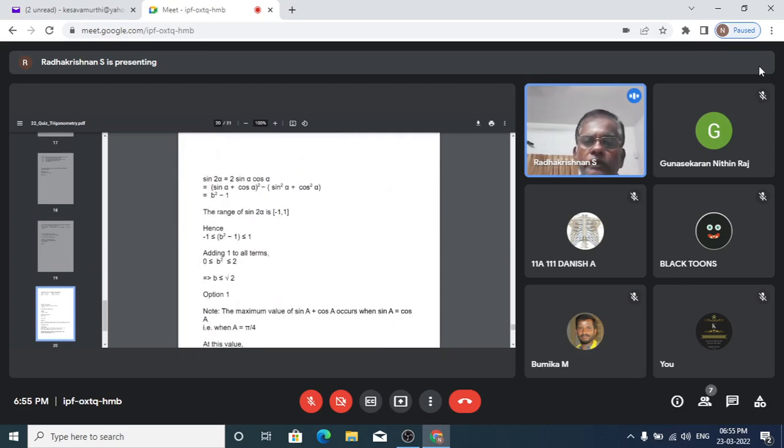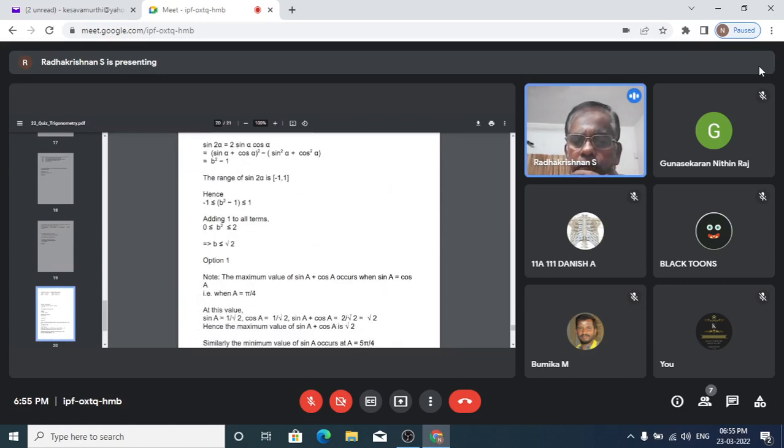So you can see that the maximum value of sin A plus cos A occurs when sin A equals cos A. So at this value,